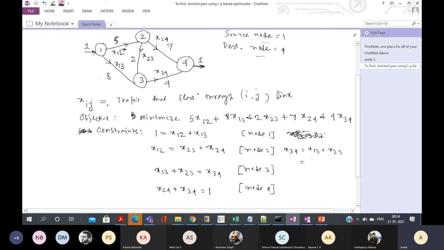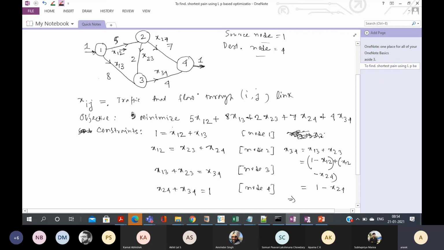If I replace, x13 is equal to 1 minus x12, and x23 is equal to x12 minus x24. So this is the first term and this is the second term. If I do this, I will get 1 minus x24.